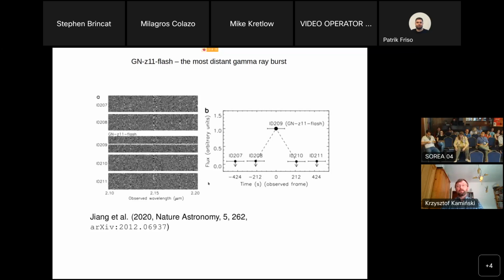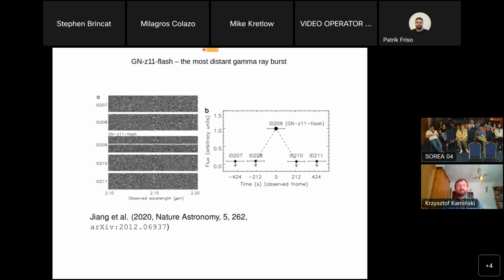Only stacked images revealed the spectrum of the galaxy, but on one spectrum, the galaxy was actually clearly visible, much brighter than what was expected. So they called this spectrum a flash because the target apparently increased its brightness significantly. And after analyzing the data, they concluded that just by luck, they most likely observed a very distant gamma ray burst,